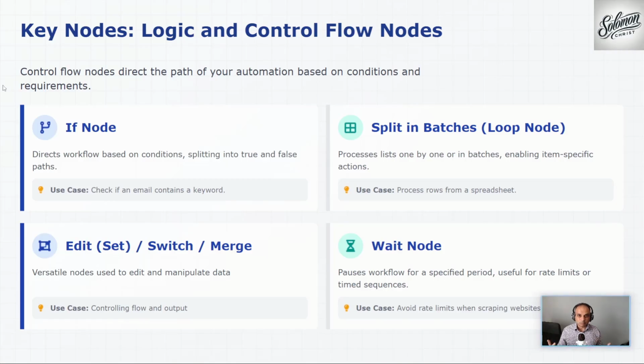The next one is the merge node, and the merge node is a really powerful node which takes a few inputs, and only when all those inputs have been obtained, that's the only time it will create an output. Now, this is really useful if you've got workflows which rely on other workflows to be done and you're waiting on that data. And so sometimes it'll be like, you know what, I've obtained data one, and now the other